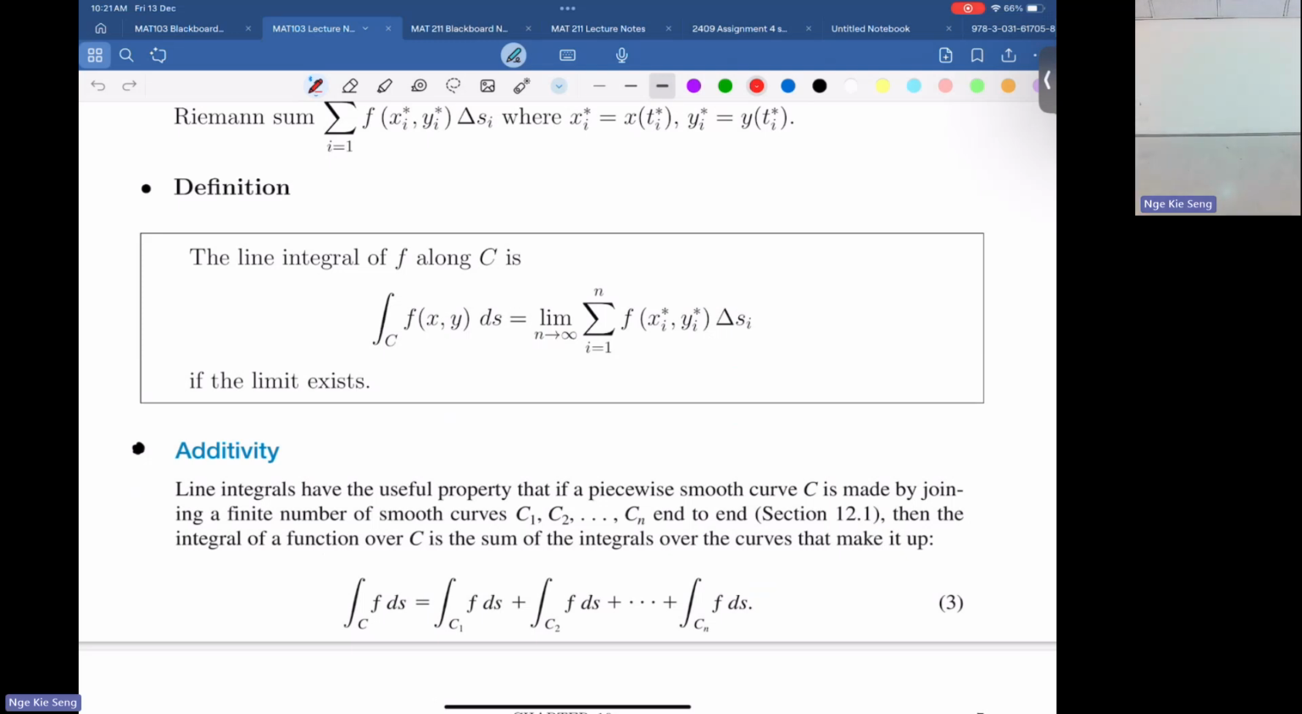So if your line integral is over a piecewise smooth curve, what's a piecewise smooth curve? You could imagine that this curve is piecewise smooth, but maybe there's one point where you cannot differentiate, joining a finite number of smooth curves. Then you can split the integral into the sum over these piecewise curves. This is really similar to the additivity